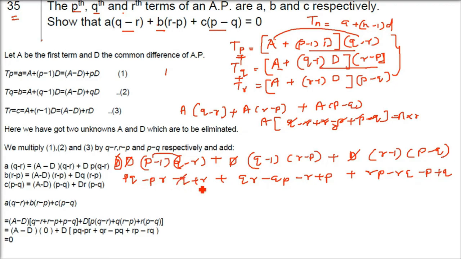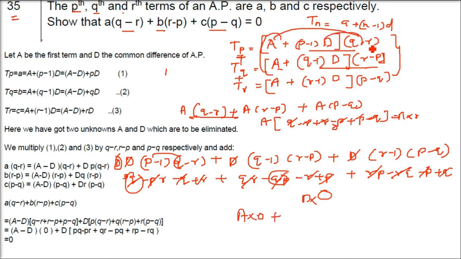Okay, what do you see here? Everything gets cancelled. Q gets cancelled, R will get cancelled, and P will get cancelled. Similar to the first part, all these single terms will cancel. And also the double terms will get cancelled. PQ is there, QP is there, means minus PQ and plus PQ, both are there. And then PR, just cancel it. And QR, cancel it. You'll get a 0. Right? So this whole was A, we multiplied with Q minus R, and then we added. So A into 0 and D into 0, that is 0 will come eventually.